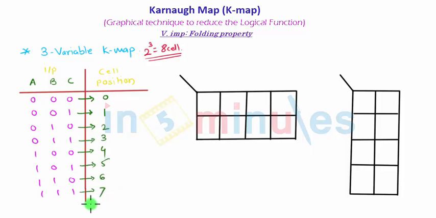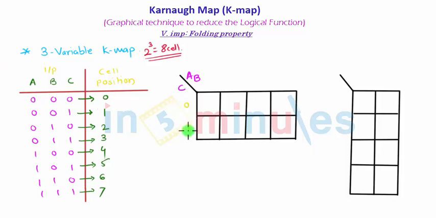So let us fill these cell positions, but before putting these cell positions into the K-map, we need to understand where to put A, B and C. Let us try this first K-map, which is horizontal one. I will put A and B at the top and C at the bottom, because on the vertical side we have got only 2 rows. With 2 rows, only one bit can fit, so I will put C there, which will take value 0 and 1,